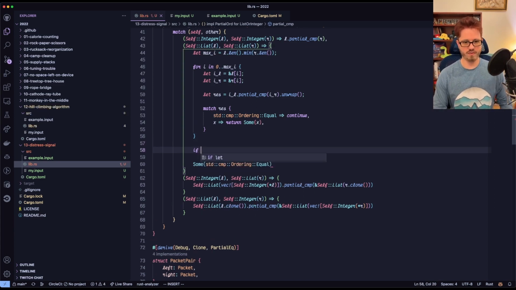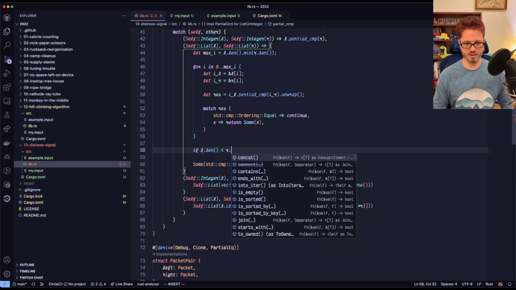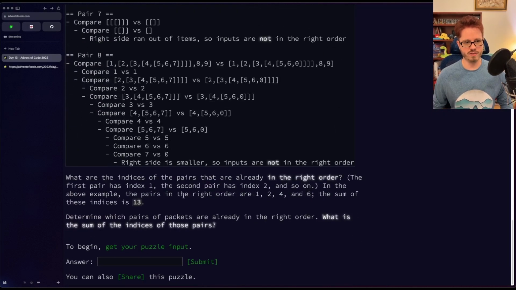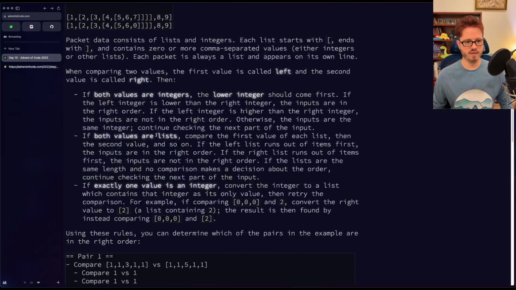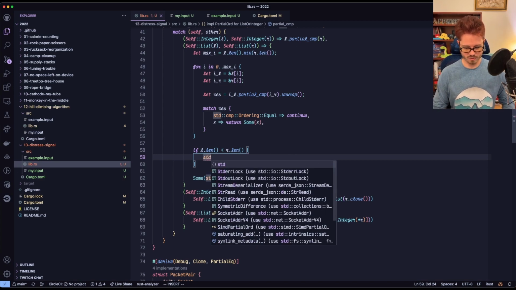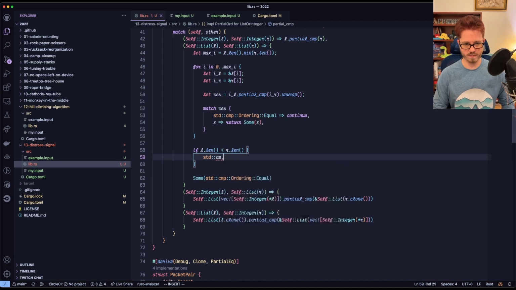So if the L dot length is less than R dot length, so if left ran out first, if both values are lists, if the left list runs out of items first, the inputs are in the right order. Yeah, so if left is less, then we do standard comp